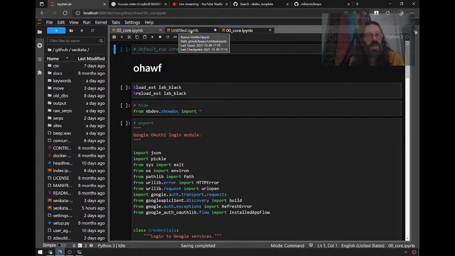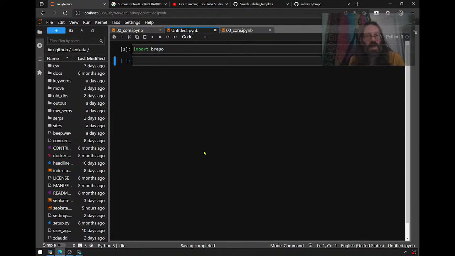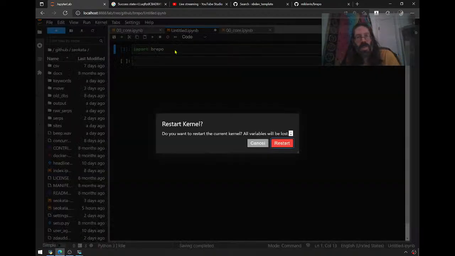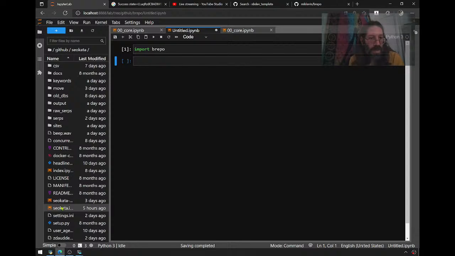So one alternative I really could do here is restart the kernel and import that again. And each time I want to test whether the change I made in the package is good, I would restart the kernel there. However, that is tedious and unnecessary when we can go into our SEO kata,